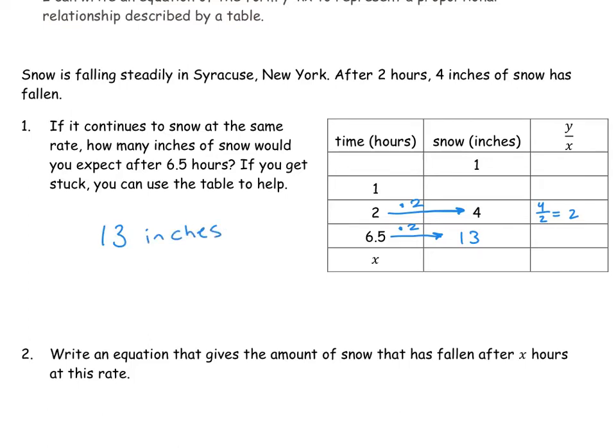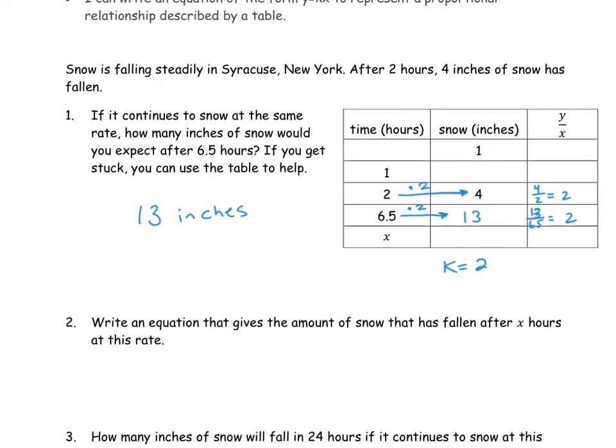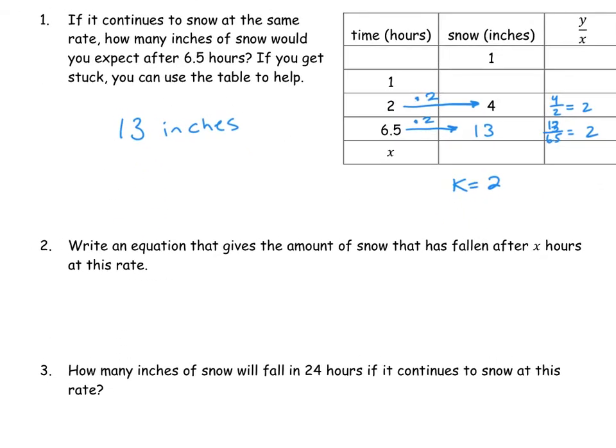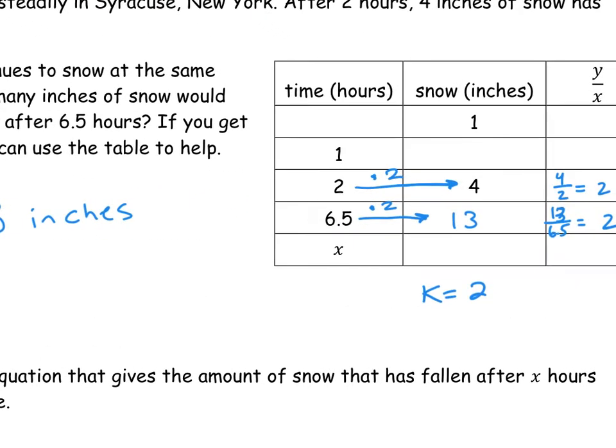To check it, I could also set up my ratio again, 13 over 6.5, which is also 2. Okay. Now, that 2 plays an important role because that represents our constant of proportionality. And we're going to need that in the next question. Because the next question says, write an equation that gives the amount of snow that has fallen after x hours at this rate. So if I was to finish filling out the table, I could apply the constant of proportionality